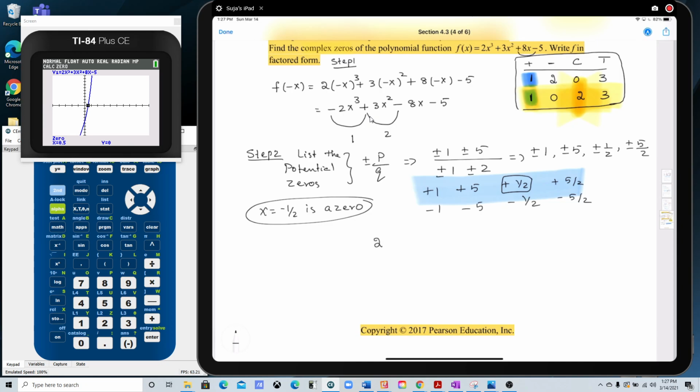So 2, 3, 8 and -5. I'm going to divide this by -1/2. So first I bring down the 2, then 2 times -1/2 is -1. 3 minus 2 is 2. 2 times -1/2 is -1. 8 minus